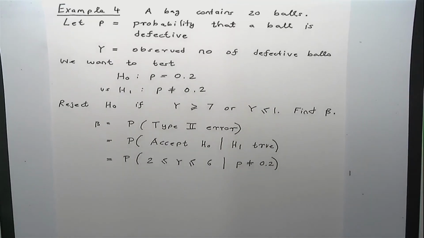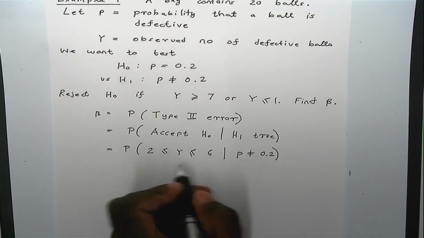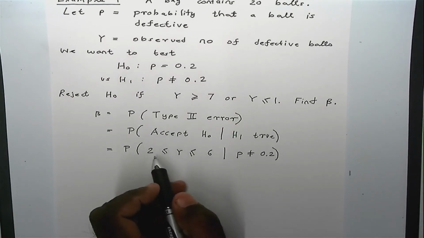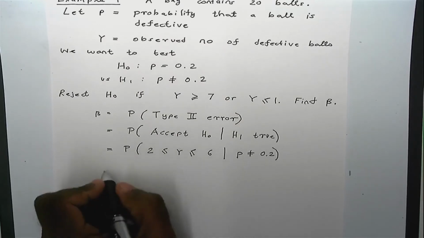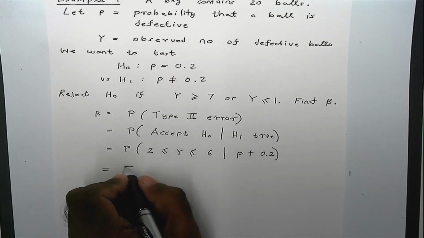Now remember, Y is a discrete random variable. It can only take integer values. So when Y is between 2 and 6, it can only take 2, 3, 4, 5 or 6. So you can write this as the sum